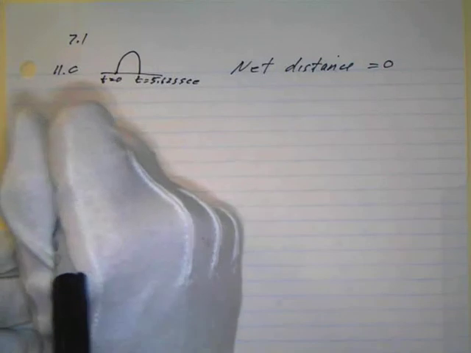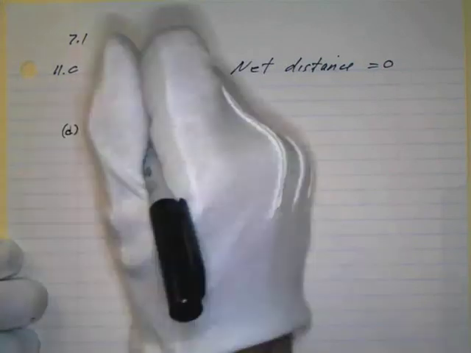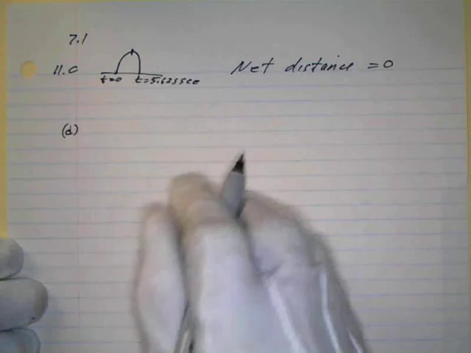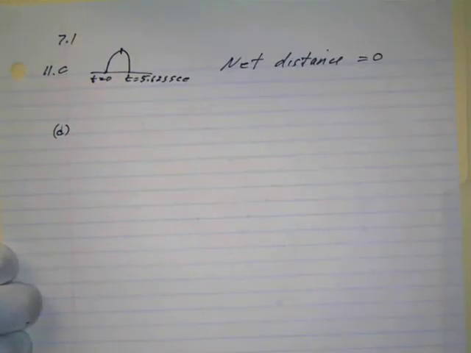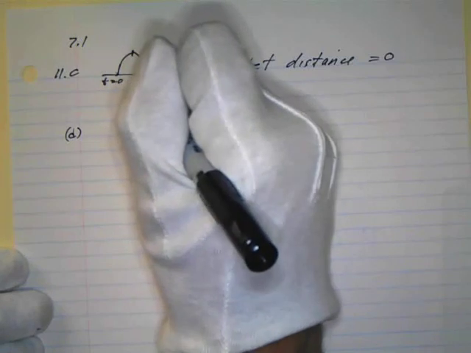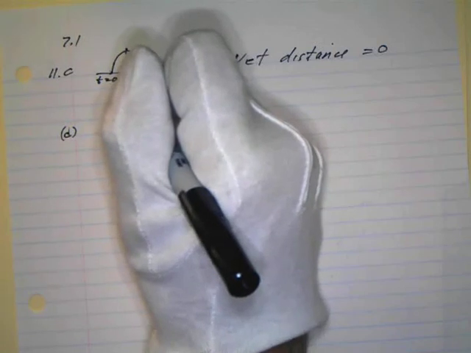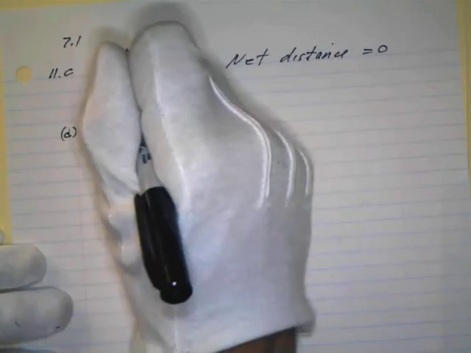Okay, and then letter D, and this is where it gets to be a little bit of an intuitive approach. When it hits the ground, what is the total distance it has traveled? Well, the total distance is the distance up and the distance down. Well, this is a pretty symmetrical situation. So the maximum height up here